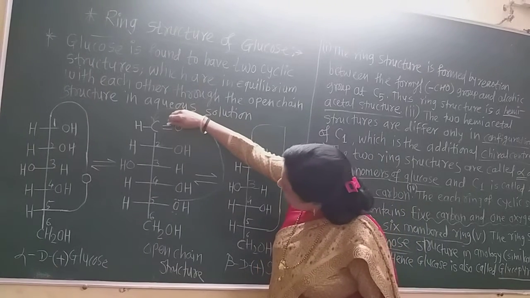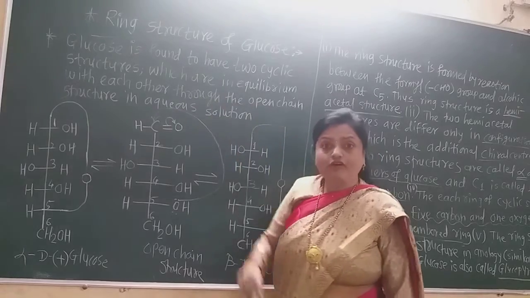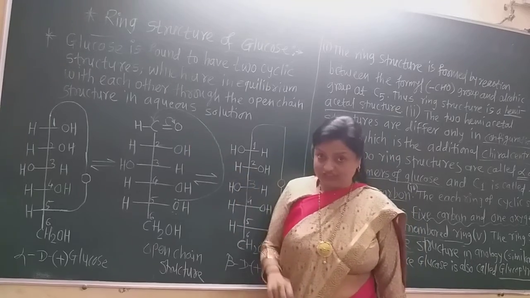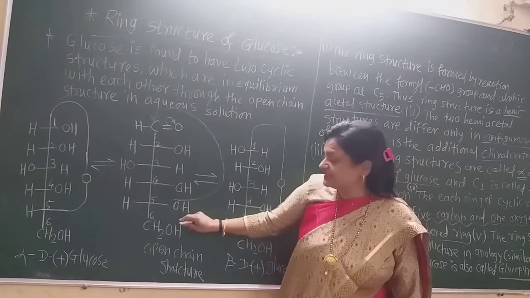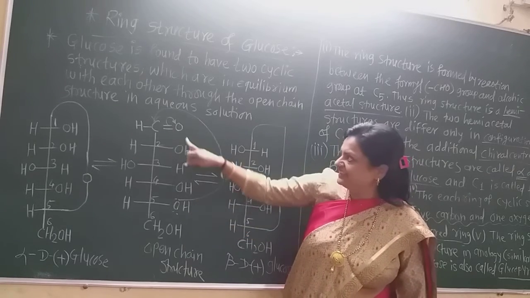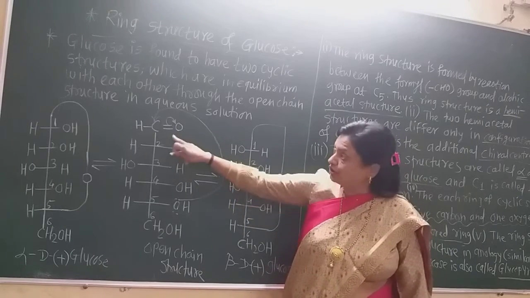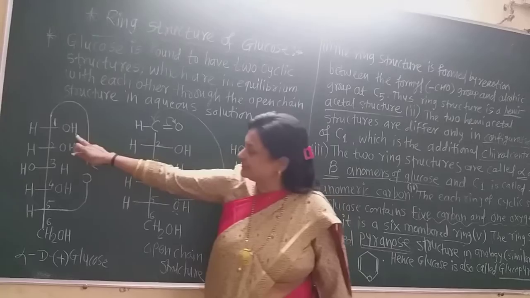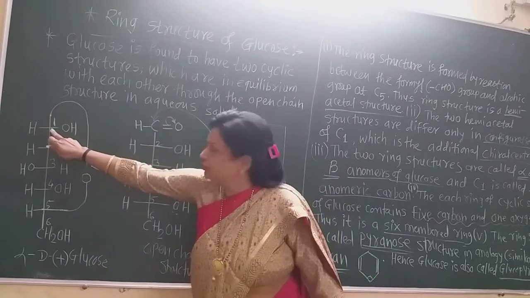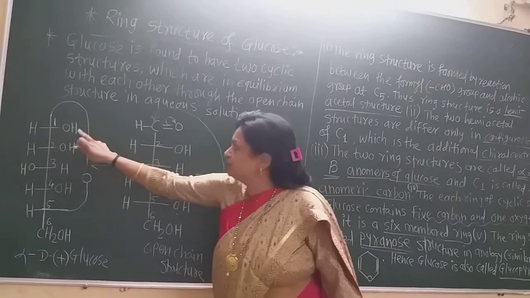At the same time the double bond on oxygen shifts, one of the bonds shifts onto the oxygen atom. There is O minus now. To that O minus, this H gets attached and there is OH. Now see, suppose the hydroxyl group is on the right hand side here. Now the first carbon is here, which is not shown. This hydrogen is here. Now how is this OH group formed?